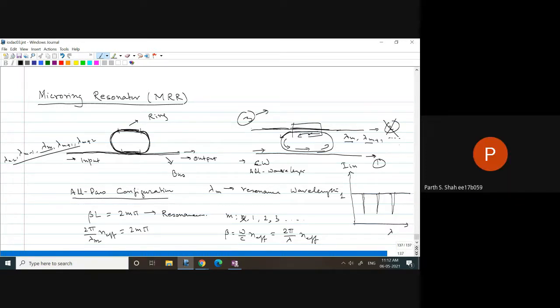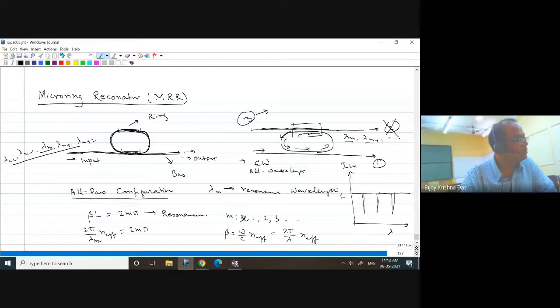Sir, but once it's in the resonant condition, isn't it like a standing wave? So there's no such direction associated anymore, right? That's a good point. Normally for resonance condition, most of the time we see that some kind of standing wave is generated, right? Particularly if you are considering a kind of cavity like this, with partial mirrors, so the round trip is 2m pi, then you will get some forward propagating wave, backward propagating wave, and a standing wave will be generated, and that is a resonance condition, right?